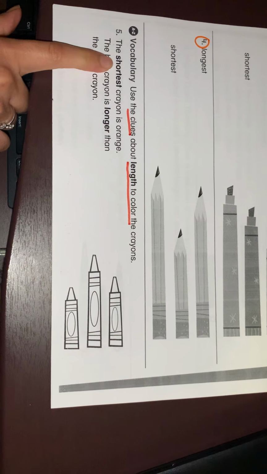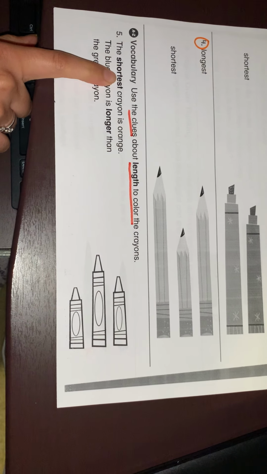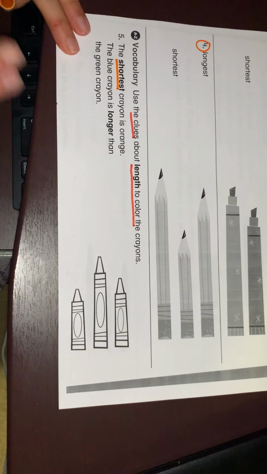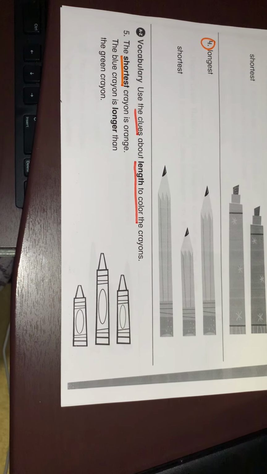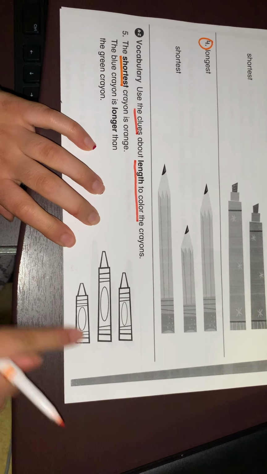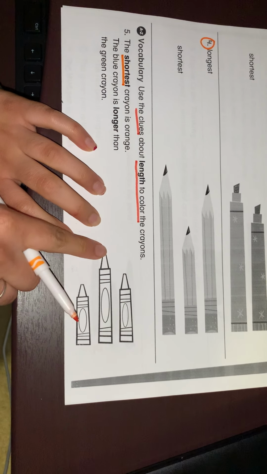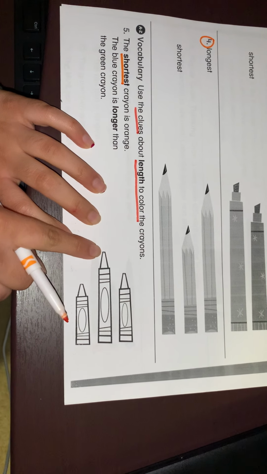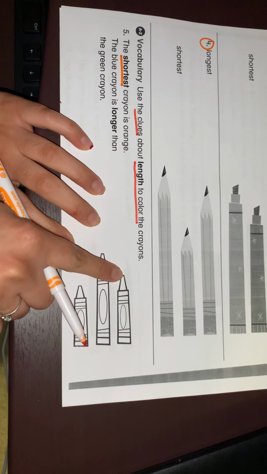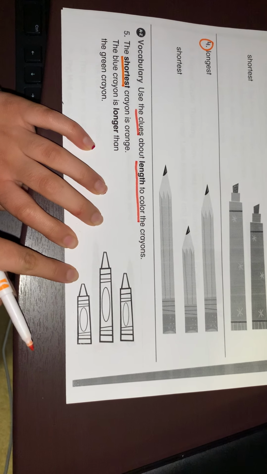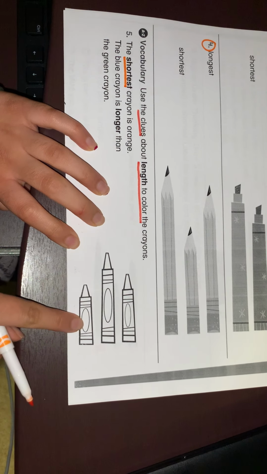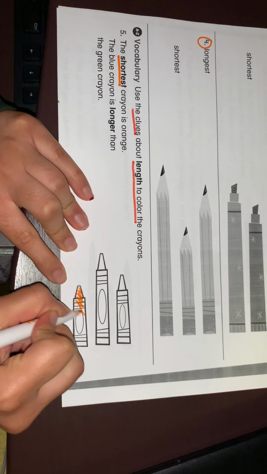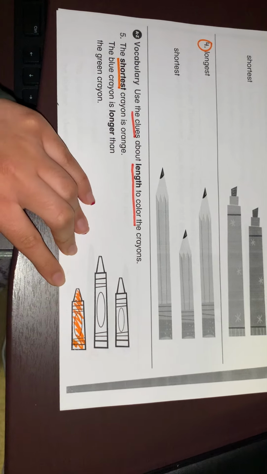So the shortest crayon is orange. So remember, when I see the word shortest, that means the most short. So which crayon over here comes to be the most short? Definitely not this middle one, because I can tell just by looking at it that it's longer. Let's see. If I put my finger down from this top one, do I have a crayon that's shorter? Yeah, the last one didn't even hit my finger. So I know that this last one is going to be orange, and I'm not going to color it in